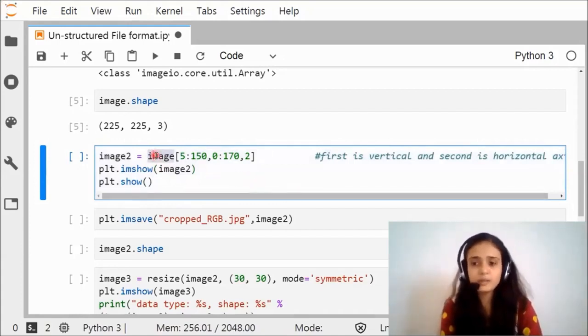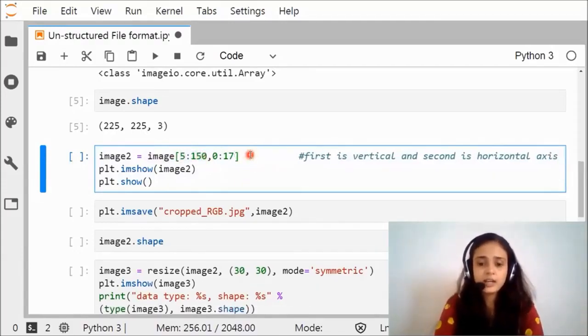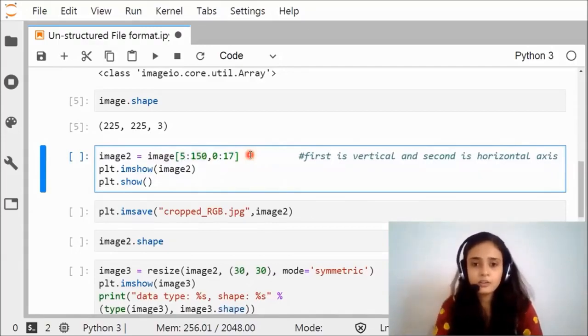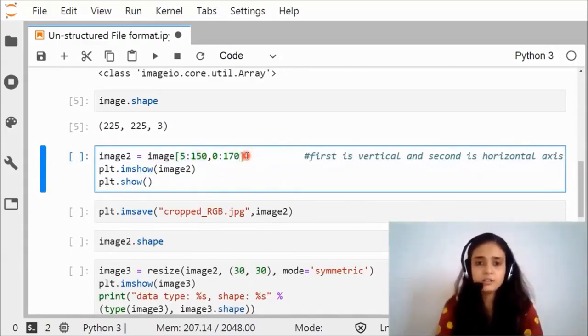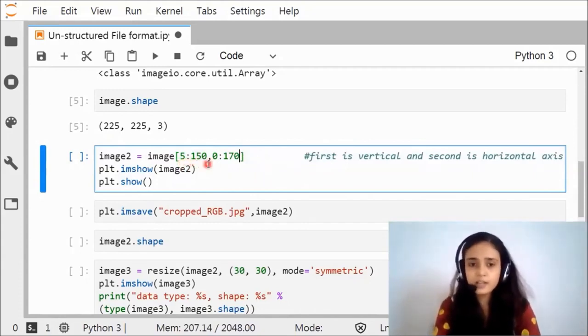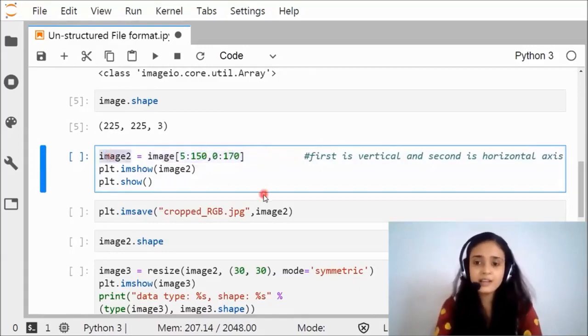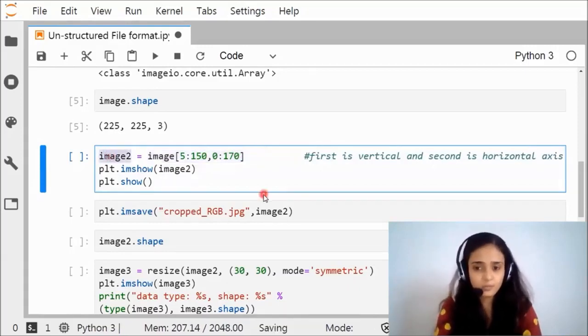I want to crop the image object, and I am writing on the x-axis 5:150, and on the y-axis 0:170. It means from 5 to 150, and the second argument from 0 to 170. Whatever this cropping produces will be stored in my image2 as an object.